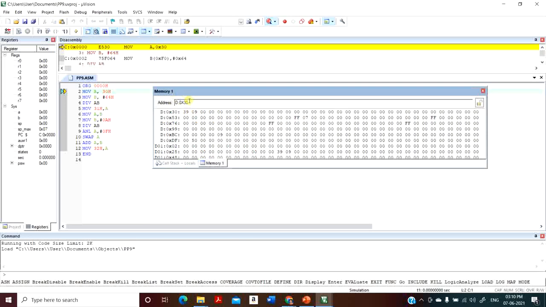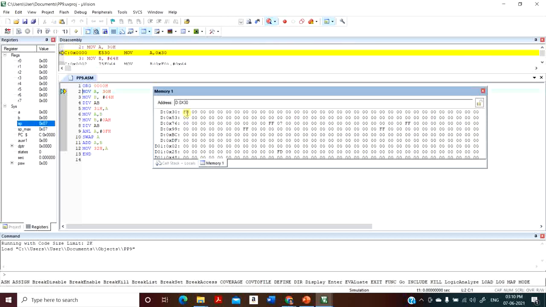So the location that I need to consider is 30H, and in 30H I am going to have the number FD. Okay, this is my input data. Any number you can take, but because in my example I have considered FD, that is why I have used FD here. And I know what the result should be, that is 253. So the highest digit should be stored in 31H, the lower digits should be stored in 32H. So initially whatever is there in 30H has to be moved to the accumulator.